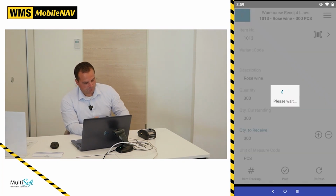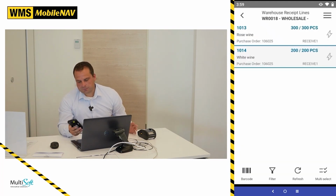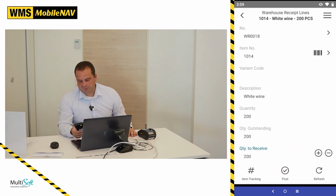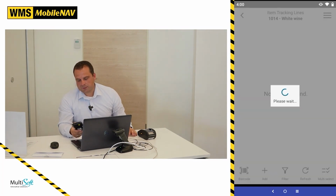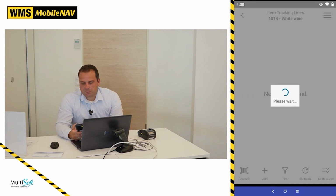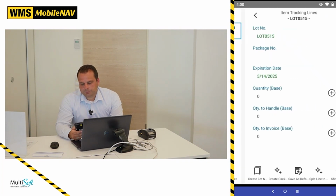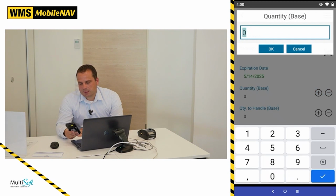And I go to the next one, which is the second line, the white wine with 200. So the process is the same. I go to the item tracking. Now, since we have saved the default to that lot 0515, when I press new on these lines, the lot number will be defaulted to the previous value, together with the expiration date. Okay, the system is a bit slow now. Okay, so this is created. All I need to do here is just to enter the quantity,